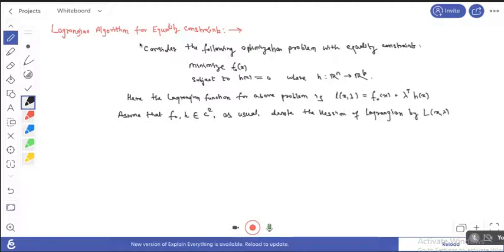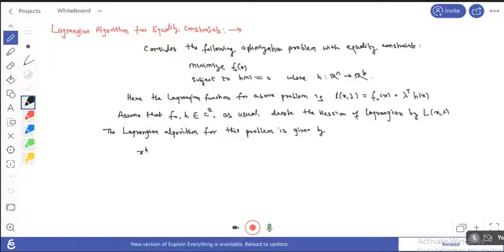In this iteration method for this type of problem, if we try to solve that type of problem using the iteration method, so what is the Lagrangian algorithm? The Lagrangian algorithm for this problem is given by